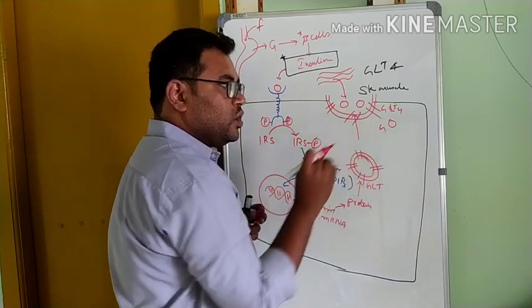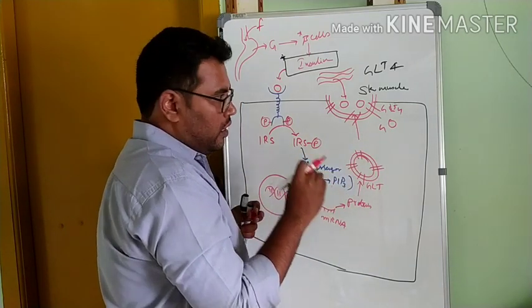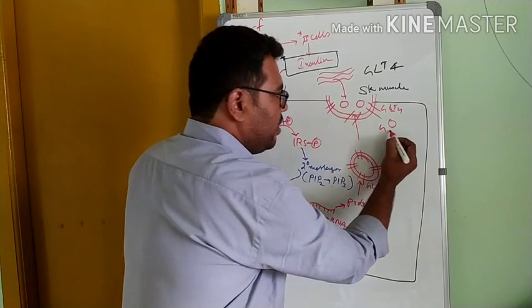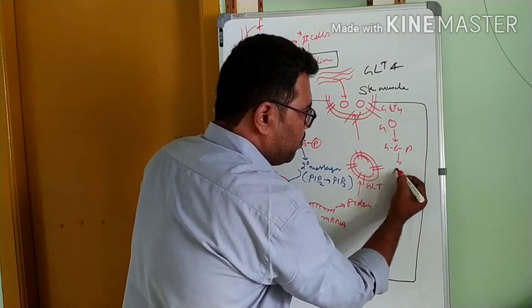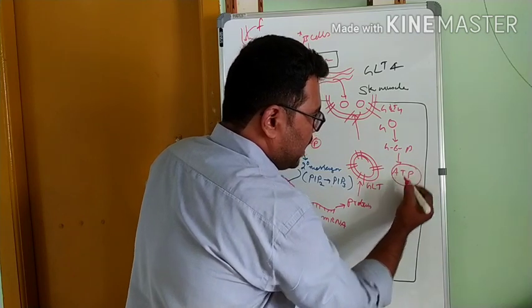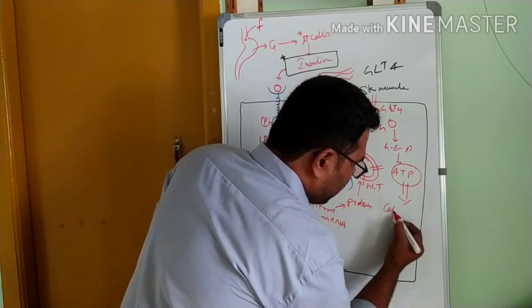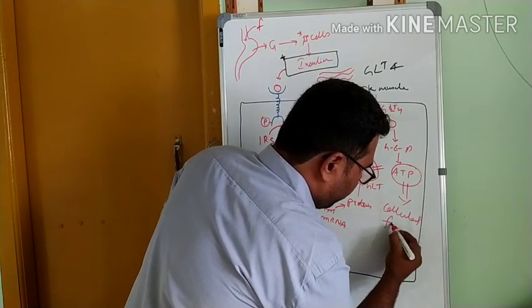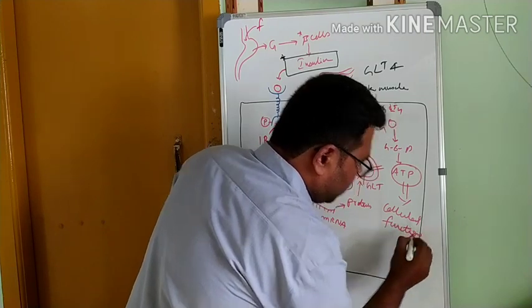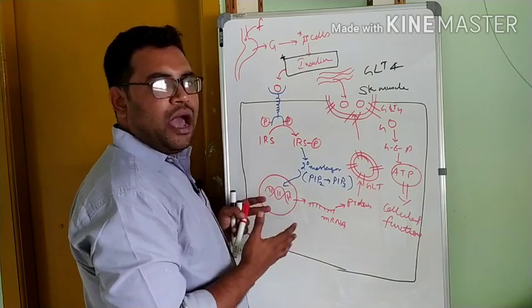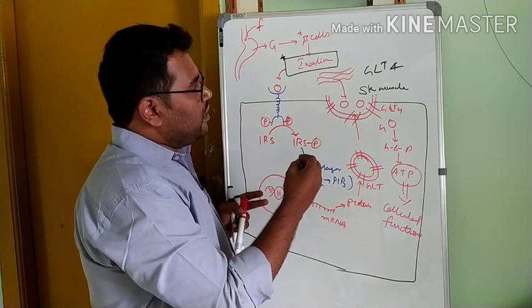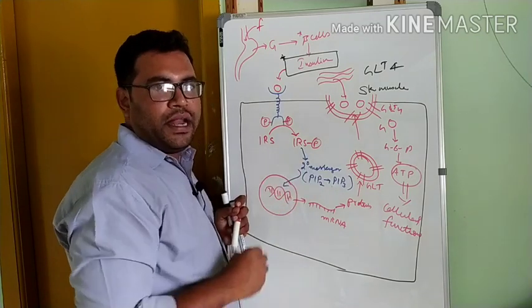This glucose molecule here will be stored or it will be utilized for the purpose of skeletal muscle. This glucose stores there. If it has to be utilized, then it will convert into glucose 6 phosphate. From here they will produce ATP. This ATP is utilized for cellular functions, right? So this is the exact mechanism which is happening during the storage of glucose from the blood.